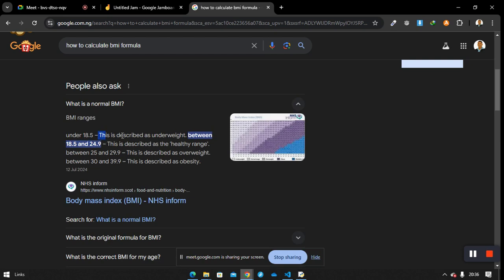You now say this is described as underweight, between 18.5 and this. So if the person's value is between 18.5 and equal to 24.9 or less than 24.9, the person is what? The person is underweight. If it's between 25 and something, in fact,